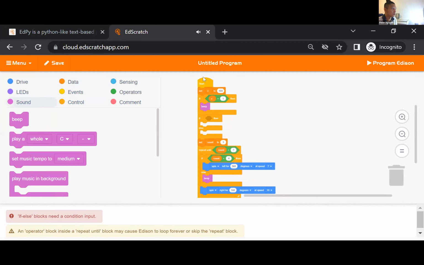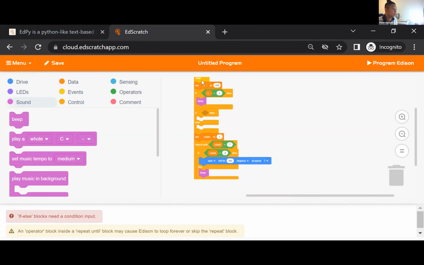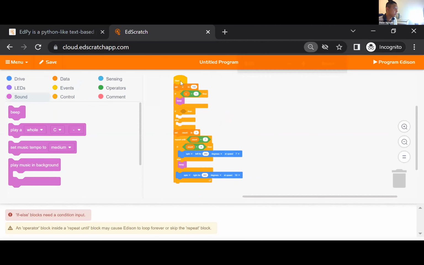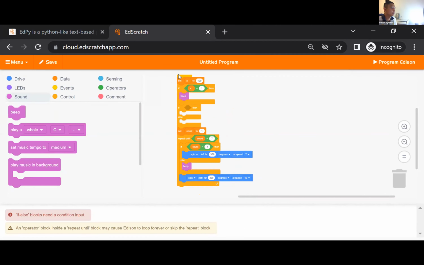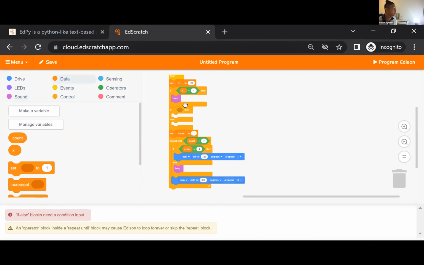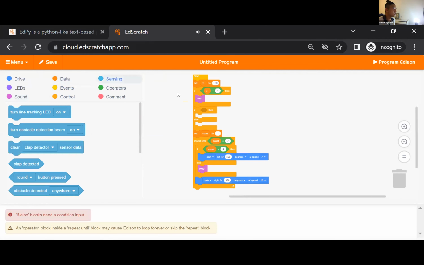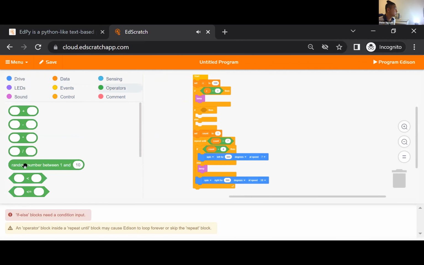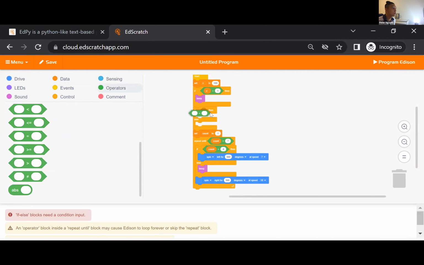I'm just going to zoom this out a bit more so you can see. If you can't see, I apologize. And then otherwise, if x is equal to 2, let me just do this here. If x is equal to 2,